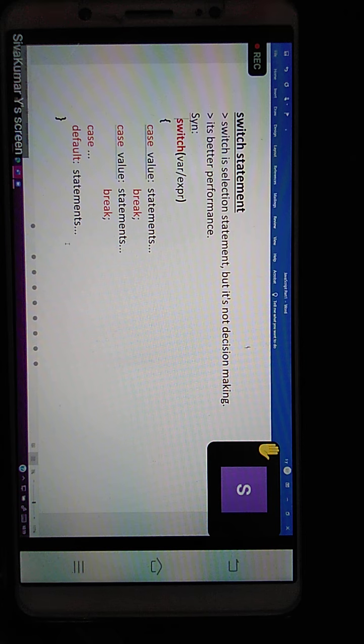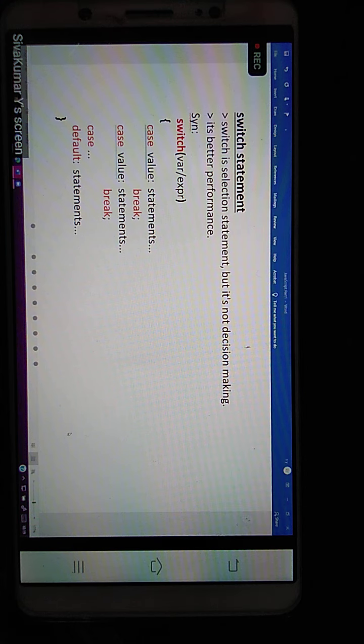But when it comes to JavaScript, we don't have any rules and regulations. No guidelines, no suggestions for the switch. Full freedom, sir. You can use it as per your convenience and requirements.